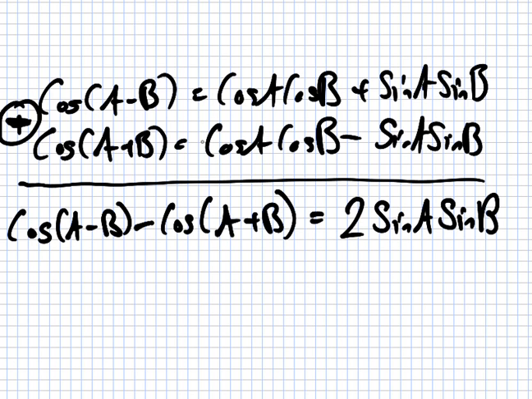Because, well, I think that's clear enough, I hope. Cos A minus B minus cos A plus B. These two will cancel when you subtract them, and sine A sine B minus sine A sine B, well, minus minus is 2 sine A sine B. But you also know in the formula book that if I now say let